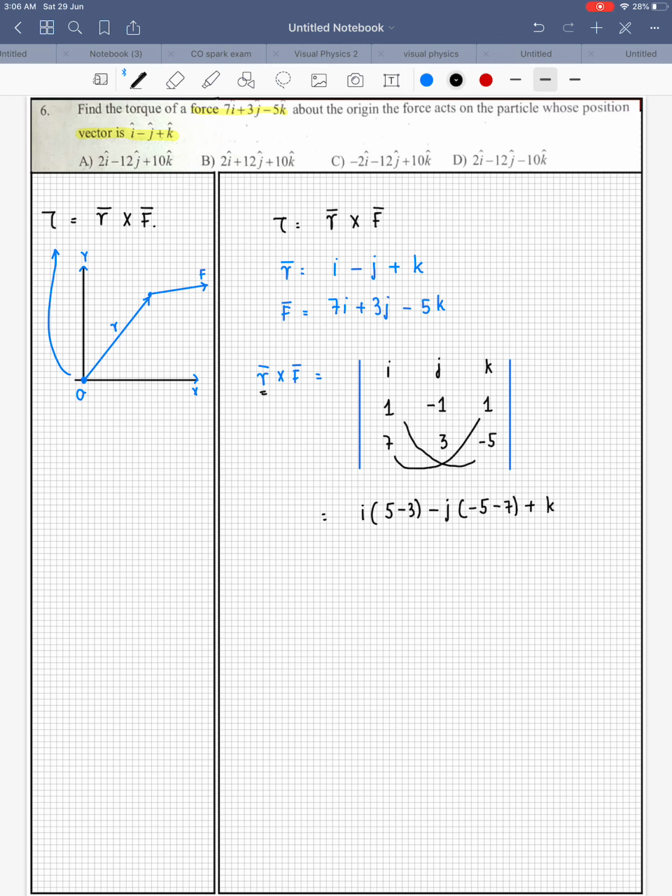Now we write plus k into (1 into 3 minus 7 into -1). So 1 into 3 is 3, minus 7 into -1 is minus (-7). So this is how you get 2i + 12j + 10k. So the answer is